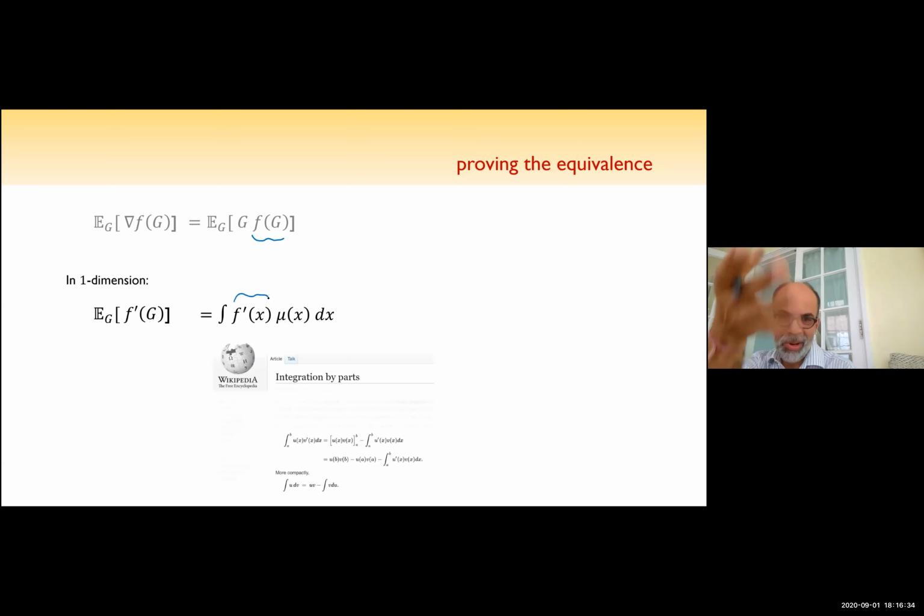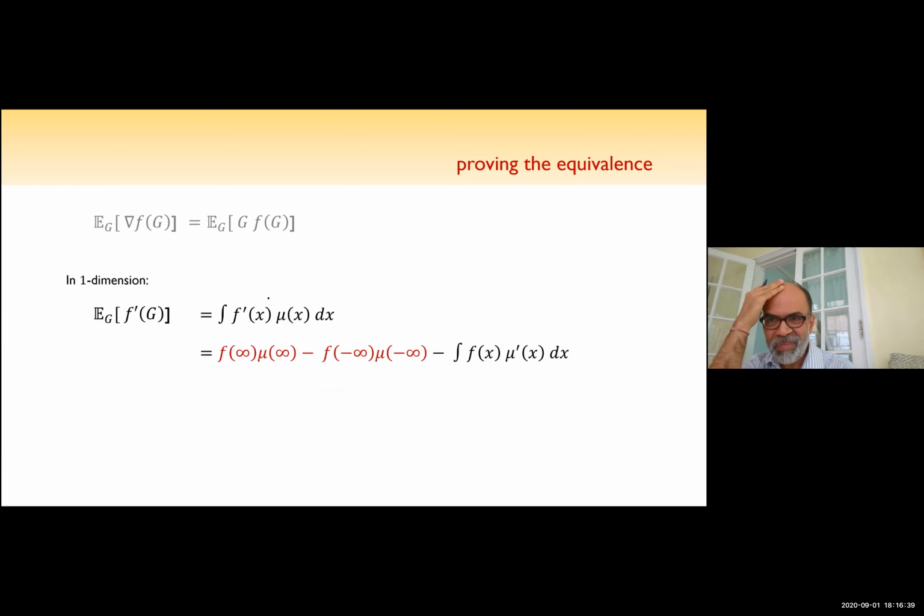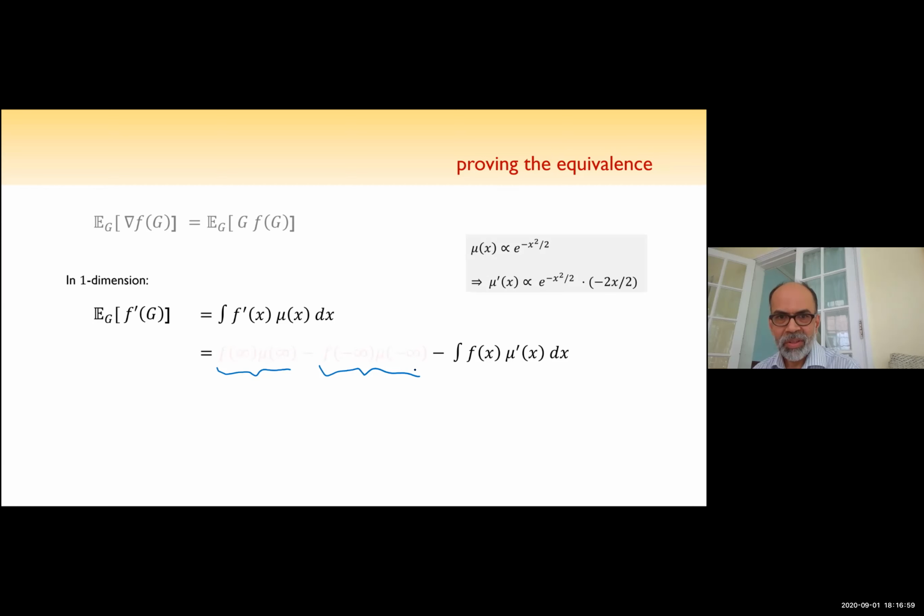I mean, you look up Wikipedia, right? Or just think back to your calculus days. It's just this. It moves the prime from there to there. It is a minus something something. These terms vanish, because the Gaussian measure goes to 0 at infinity. You can do this formally. You should take limits and stuff like this. These terms are 0. So you are left with this term,